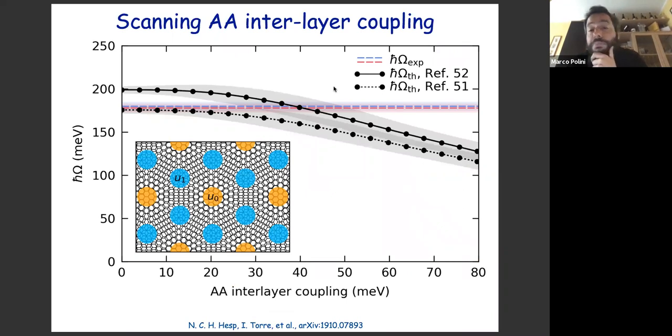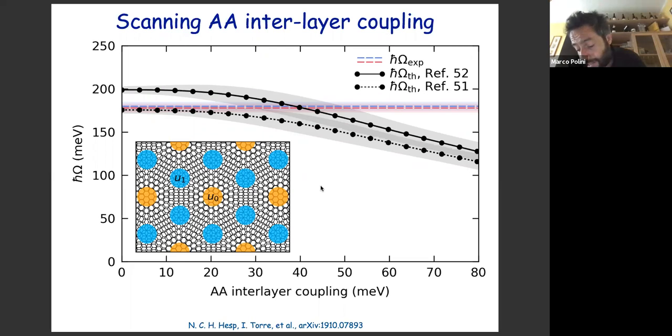So we did a scan at that point, changing essentially the AA interlayer coupling, fixing U1 at the value predicted by state-of-the-art band structure calculations, 97.5 MeV, if I'm not wrong, and we scanned U0 all the way from the chirally symmetric limit, that was also exploited by Paco and collaborators back in 2012. From U0 equal 0, we scanned all the way to U0 equal U1, which represents the Bistritzer-MacDonald limit, if you wish. And you clearly see that the position of this resonant peak changes with frequency monotonically,